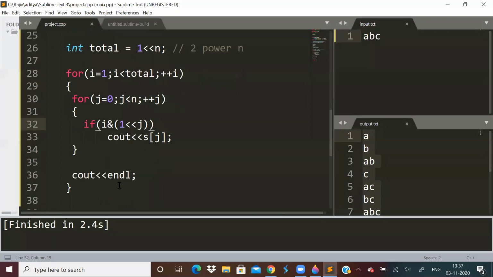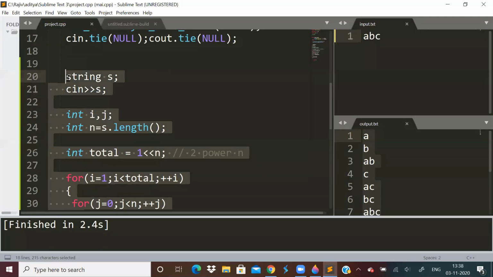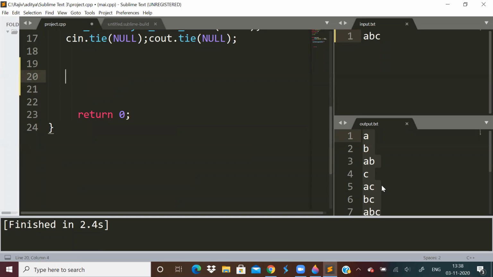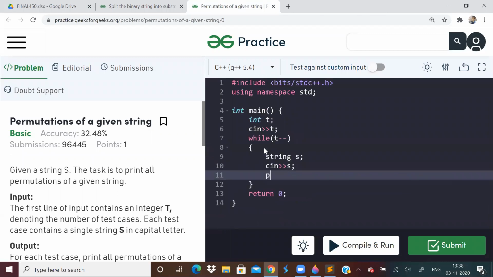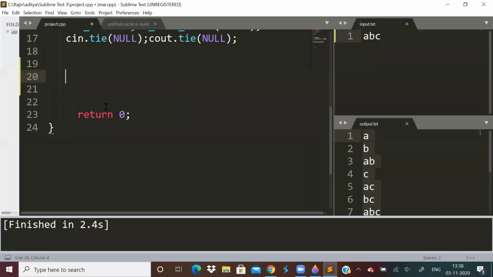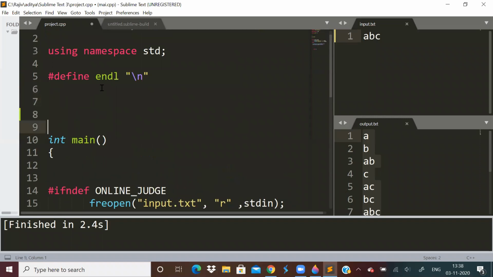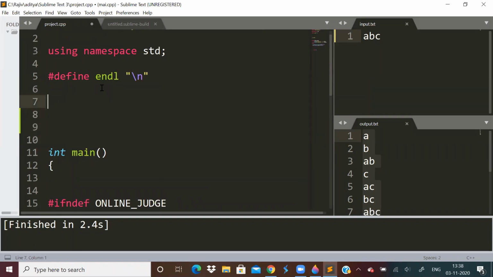To do this question, I will just call a function called permutation, and I will write that function here now. The function permutation has a void return type.